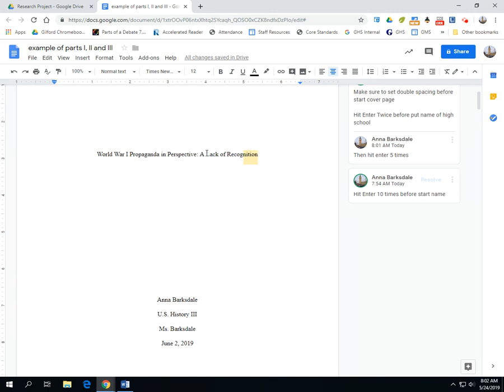I put a colon, so the word "a" is going to be capitalized here, but normally your articles are not capitalized, unless it starts the beginning of the sentence. Then you're going to hit enter 10 times. I know this is silly and counting seems kind of strange, but it is MLA formatting, and we're practicing that